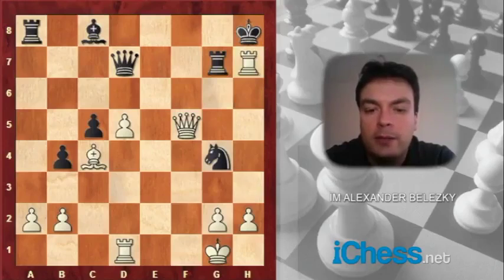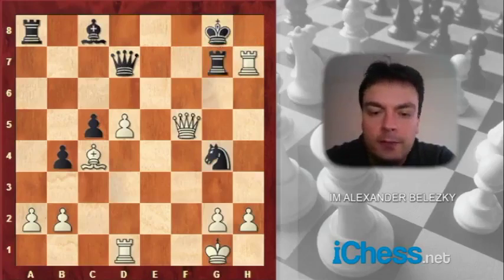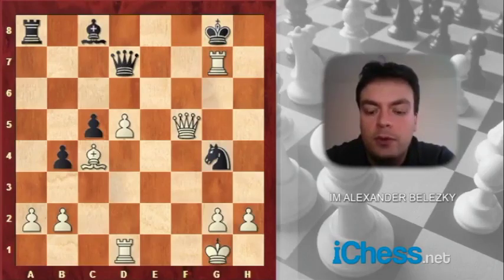Here black has two possibilities. He can take on h7, but now we discover queen f8 was made, or he can play king g8. And once again, what do we have here? We look at captures with check, so it will be rook g7,